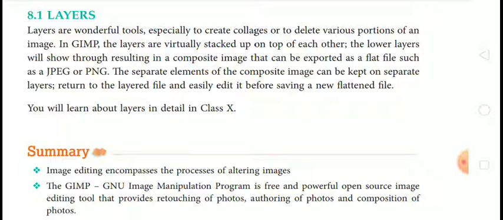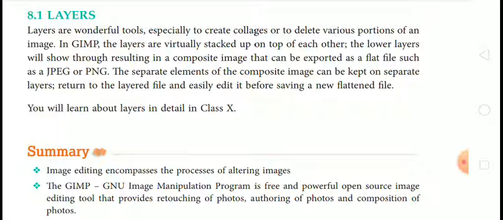The lower layers will show through, resulting in a composite image that can be exported as a flat file such as JPG or PNG. The separate elements of the composite image can be kept on separate layers. Return to the layered file and easily edit it before saving a new flattened file.